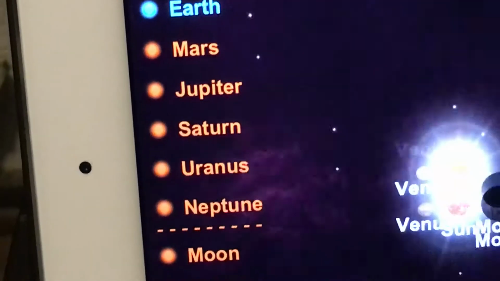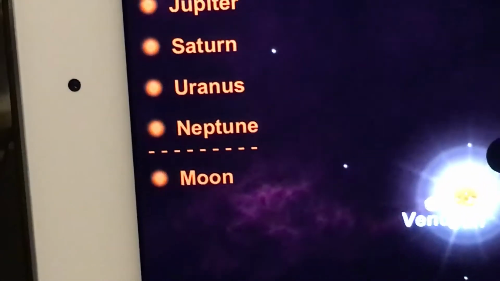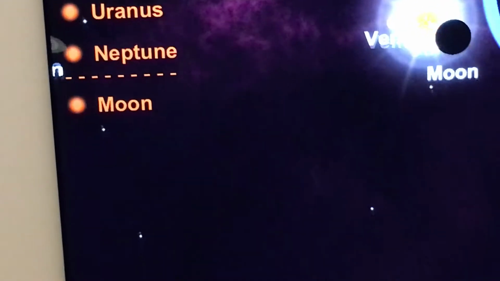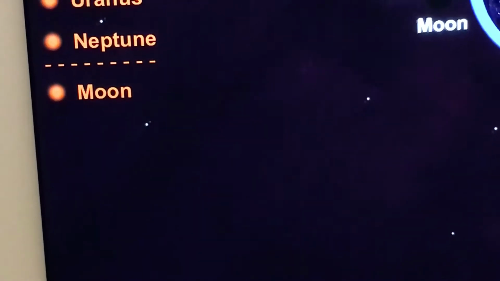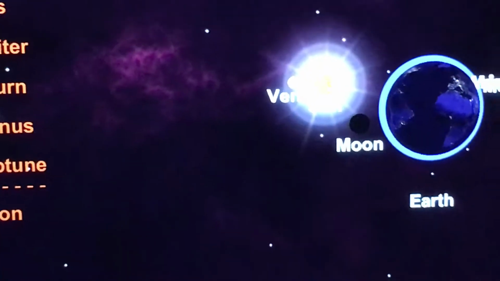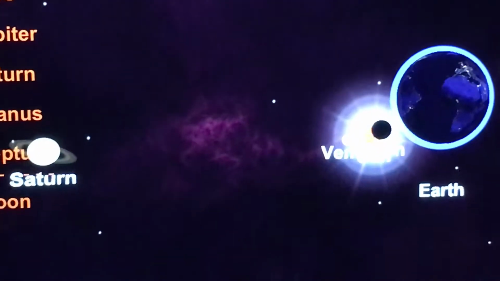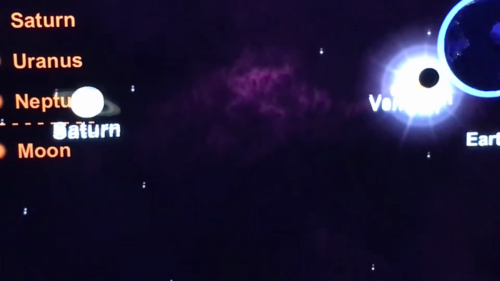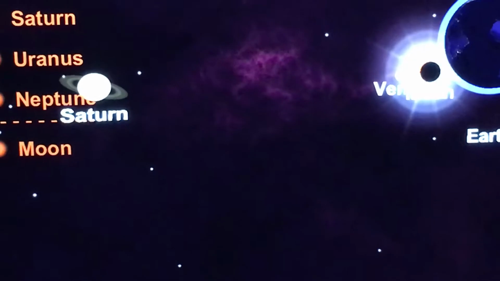Okay, now what I'm going to do is try and shrink the moon down so it is the same size as the center of that glare you're seeing. Hopefully you see the yellow spot. I'm going to put the moon, it's pretty close, a little bit smaller actually. No, that's pretty good.